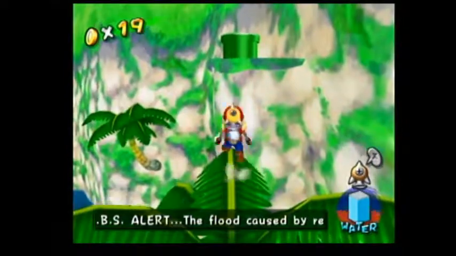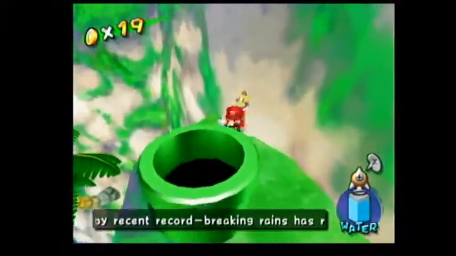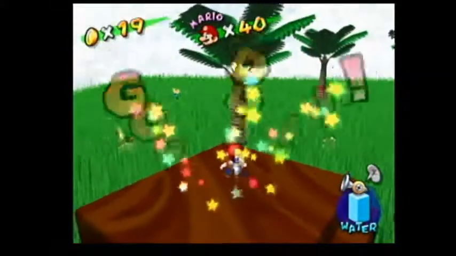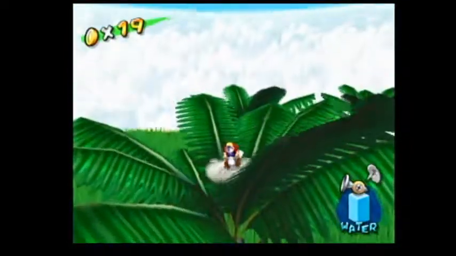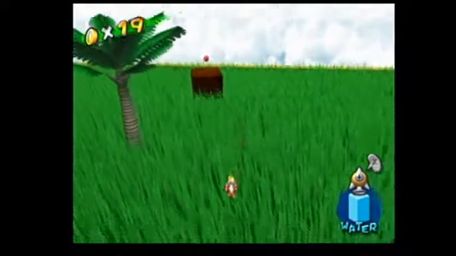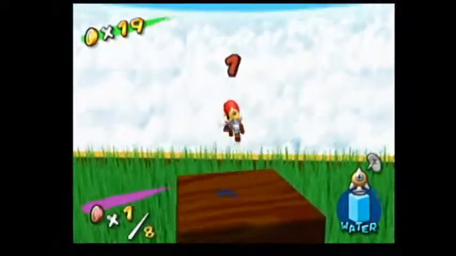All right, so there is the warp pipe right there, and then we just go head on in. So you have 8 red coins. Now this one, yes, this is the easy red coin mission to do. Yes, probably the easiest red coin mission you could get in this whole entire game. Okay, well, so looking at the trees might help actually, but